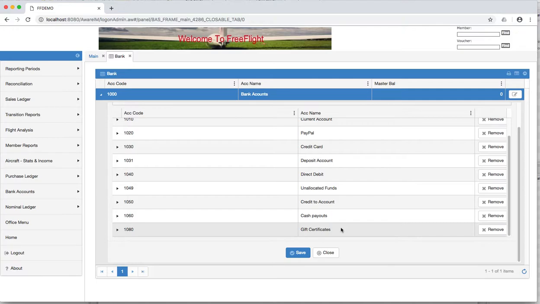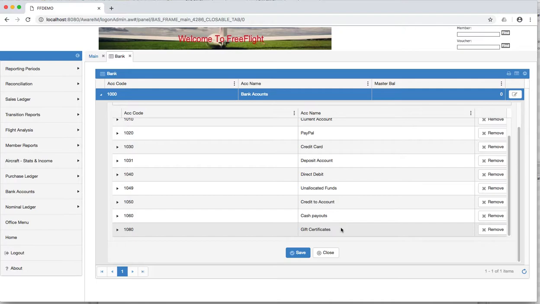The gift certificate is also useful for handling third-party voucher sales, like the BGA, Virgin, Into the Blue, Acorn, all those kind of people, where you don't actually receive the payment for the voucher until you've claimed it back from the third-party voucher company. So again, when somebody comes to redeem one of those vouchers, the payment method is gift certificate, and at some